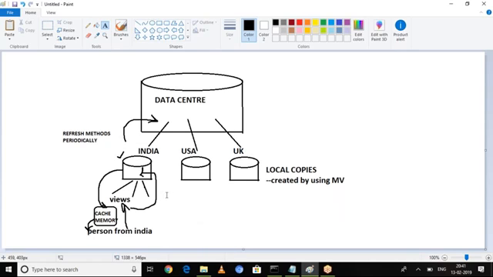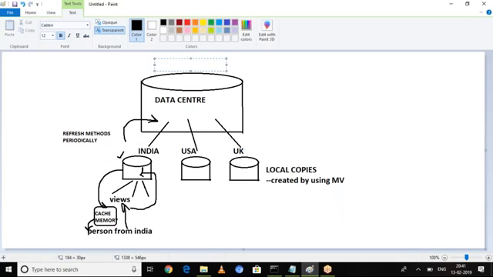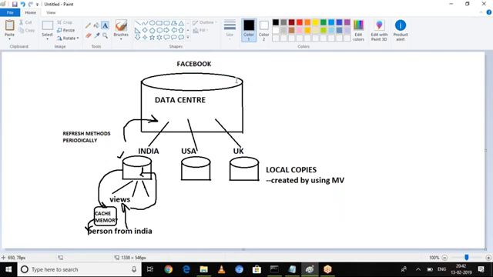For every business, suppose, let me consider there is a business, Facebook. The business name is Facebook. So Facebook has a data center. What is a data center? The data center has complete Facebook business data from all over the world. Complete Facebook business data is available under the data center. If any request is processed on the data center,